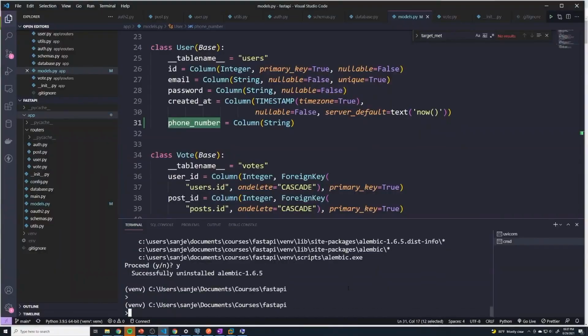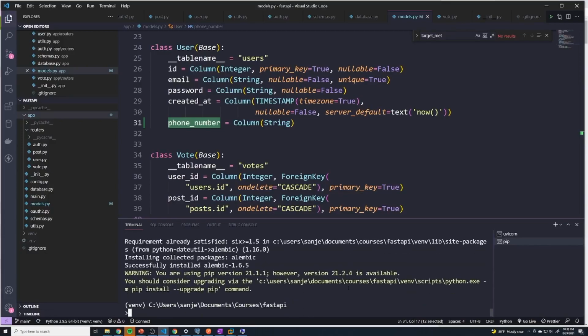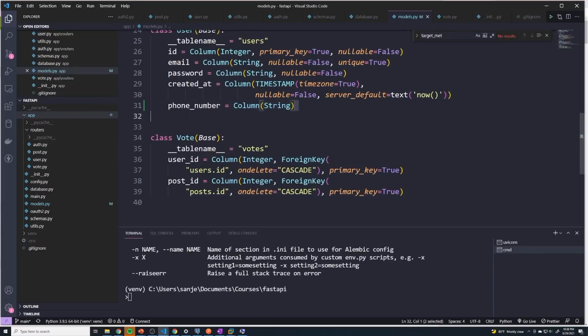So first of all, we have to install the library. We'll do pip install alembic. And that'll get Alembic installed, and what it does is it gives us access to the alembic command. So if I do alembic --help, and actually before we proceed any further, I want you to go ahead and